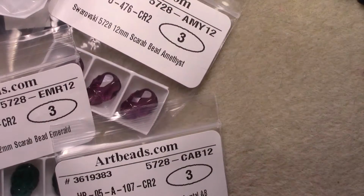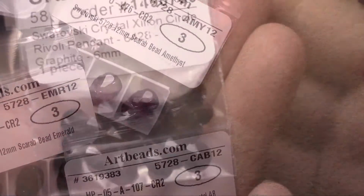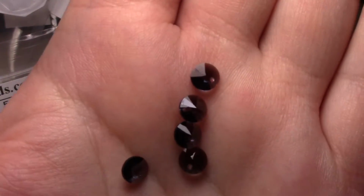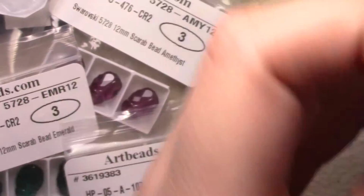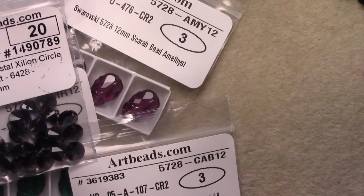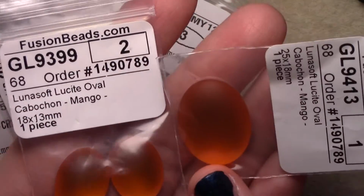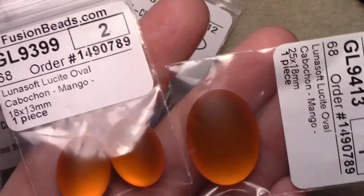And finally, for the online stuff, I have made a tiny order of fusion beads. And I bought these round pendants in graphite because I have the Siam ones, and I love them a lot. And I realized that that shape isn't discontinued. And they brought it out in graphite, so I'm like, you know what, I'm gonna grab a bunch. So I grabbed 20 of those. And then I grabbed myself some Lunasoft cabochons in orangey colors. I got the 25 by 18 and the 18 by 13 in mango,